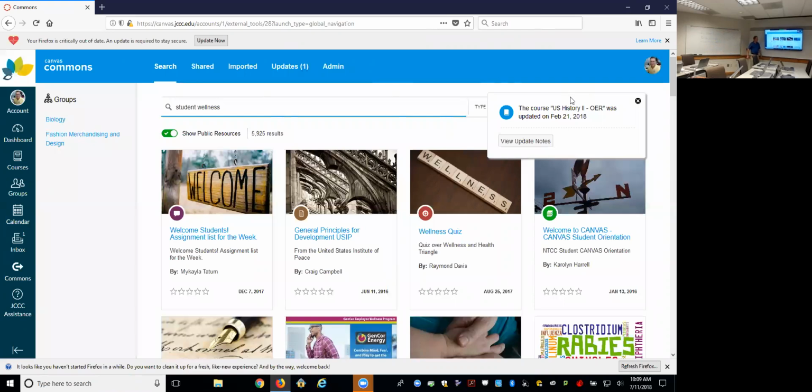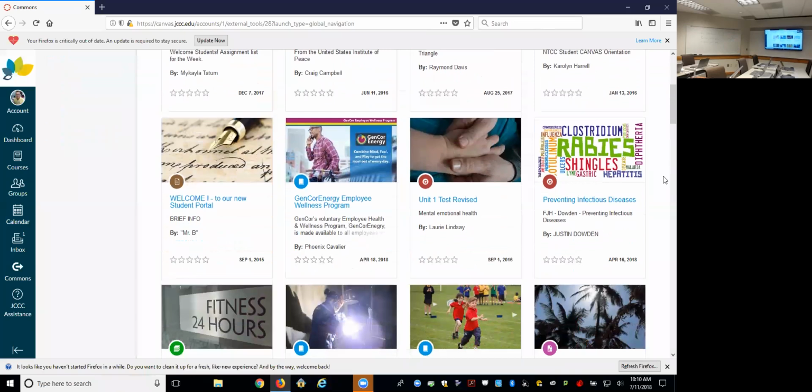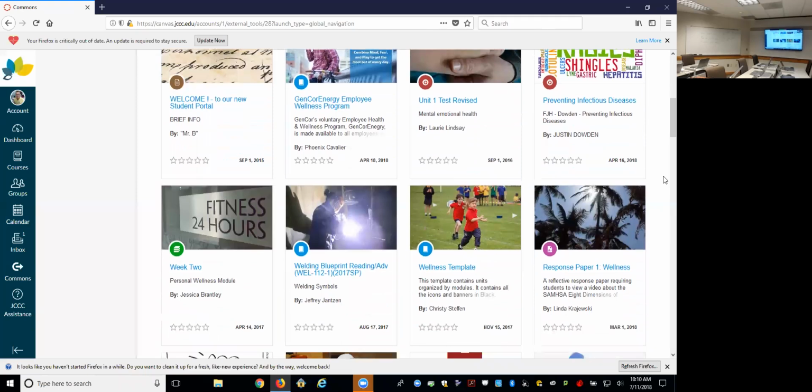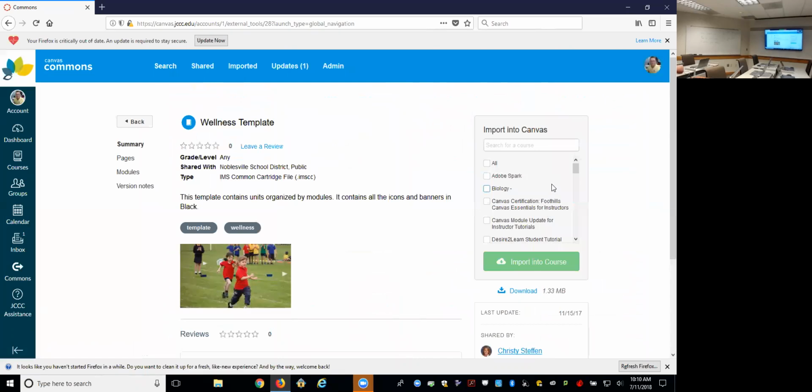Now, we typed in student wellness. Here are some different things. Maybe there's a discussion out there. Maybe there is a quiz out here. Maybe there's an entire course out here. Now, this is a reason why you may want to ask for source courses or multiple source courses, because if I go in here, and I have no idea, I'm just kind of clicking around on different things, if I click on this, I can actually import all of this stuff into a course over here on the right. That's why if you have a source course, you can push all that stuff right in there